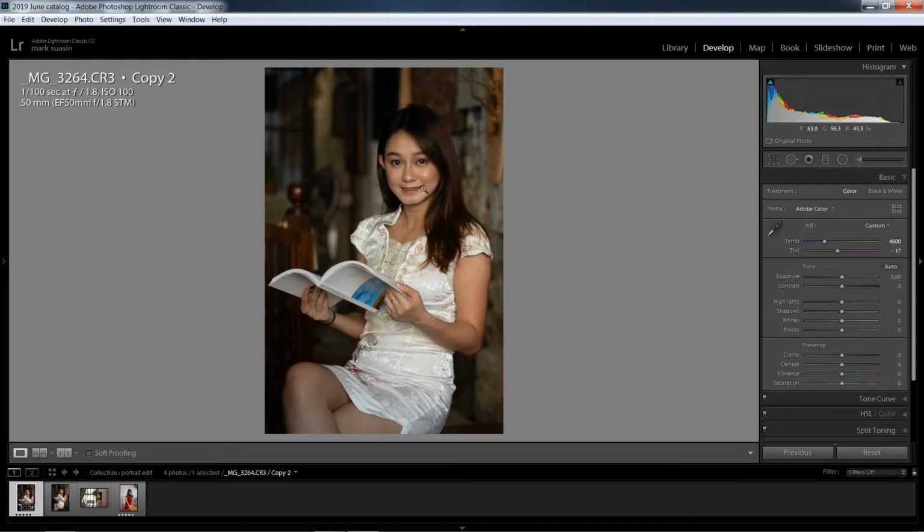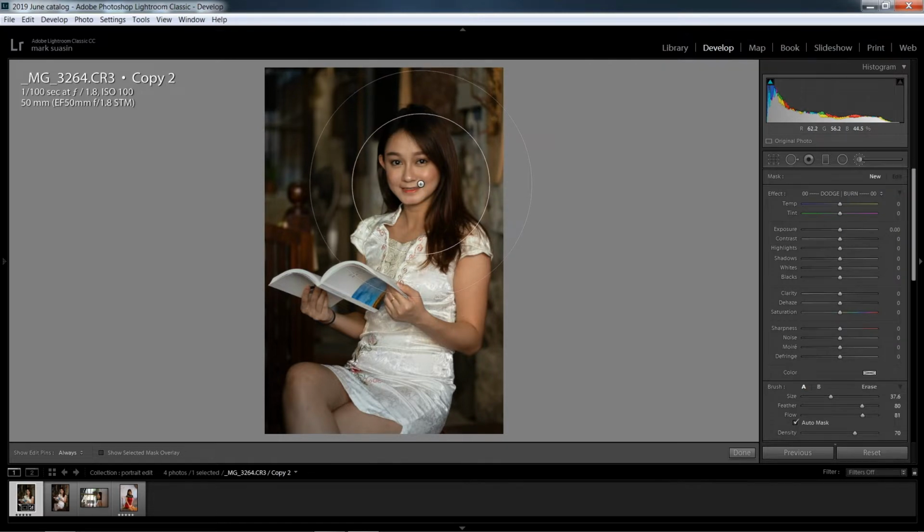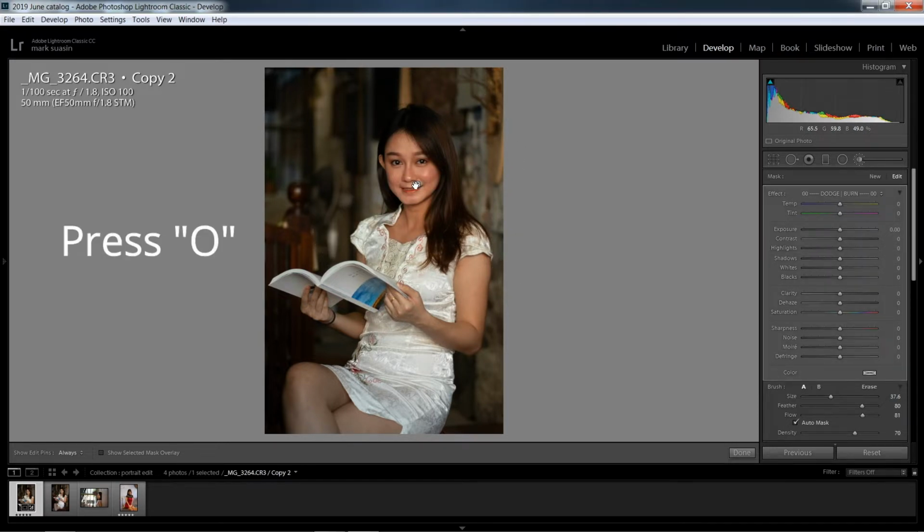What I normally do next is to use this brush tool to brighten up her face and soften her skin a bit. Make the size big enough to cover her face, and just ensure the feather and flow are around 70 to 80%. And then click a portion of her face, and you can press O on your keyboard to show the coverage of our brush. And then we just increase a bit of exposure to brighten up her face and reduce a bit of clarity to soften her skin, reduce noise, and just bring back a bit of sharpness on overall